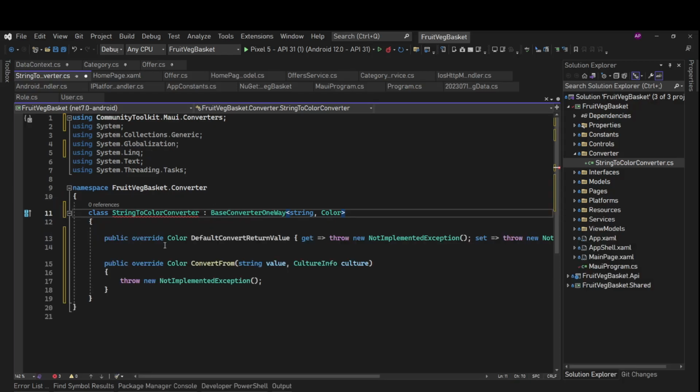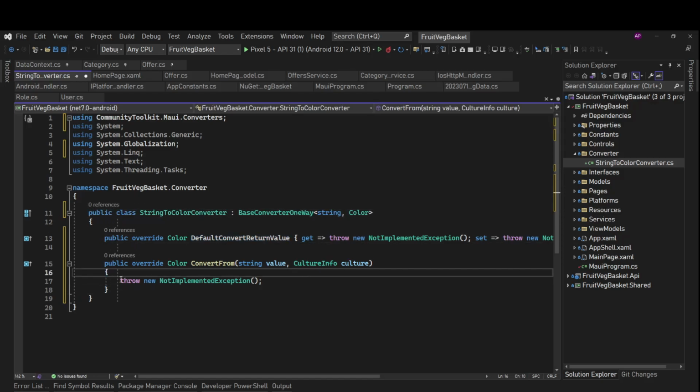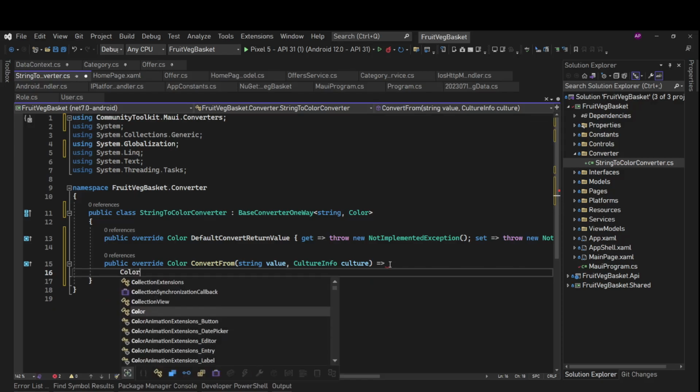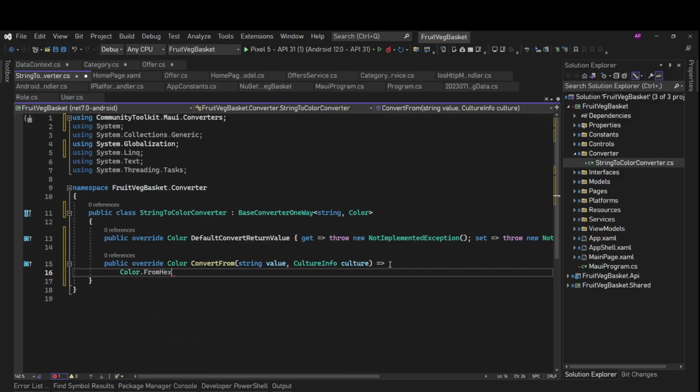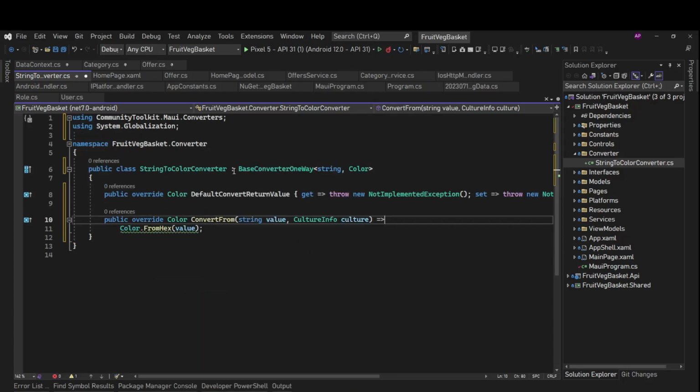So implement the abstract class, public class, we can leave this as well, and here we'll do one thing, and that one thing is going to be Color.FromHex value. That's it. We need only this.